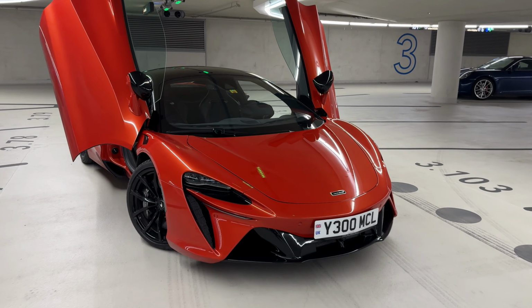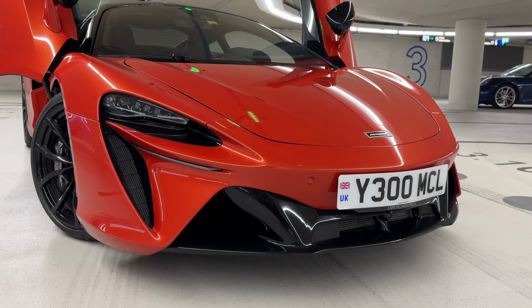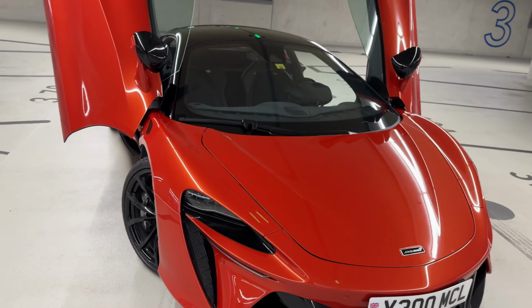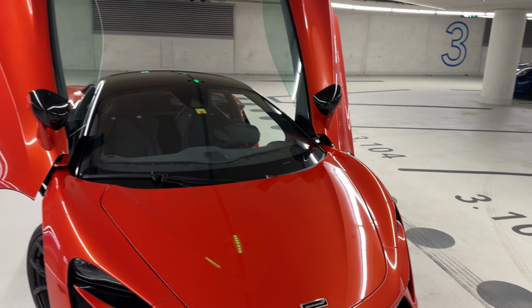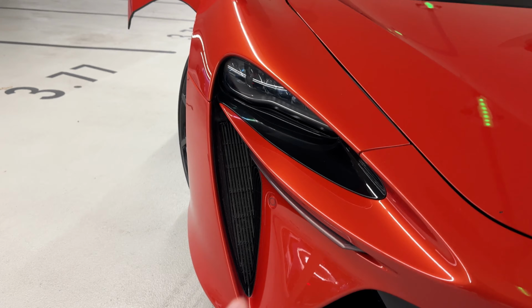So starting to talk about the front and the face of the McLaren Artura, we have a lot of McLaren specific exterior highlights and very nice design elements. First things first, the way they have matched the exterior body with the McLaren emblem. I really love it. When you look at the eyes of the Artura, first things first, you can see the